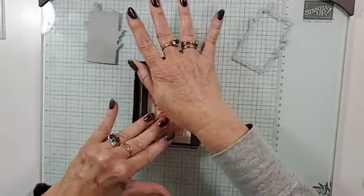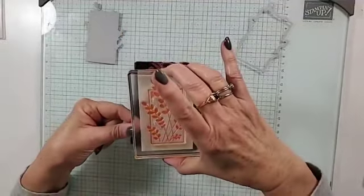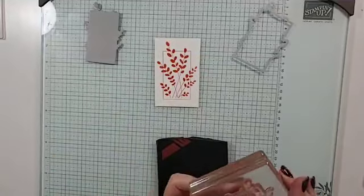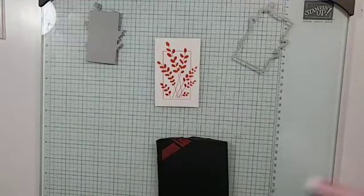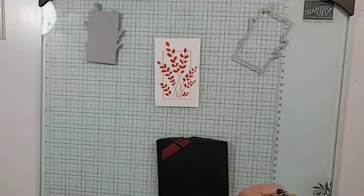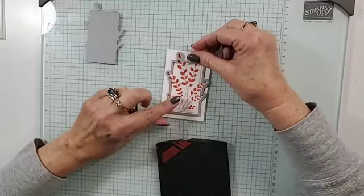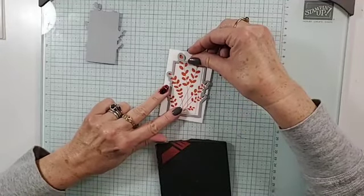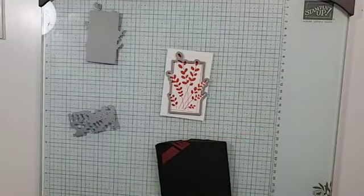So I'm stamping this. Okay. Ooh, that turned out nice. I'll put that away. Now, I sure hope I got everything. Yeah. Now, we're going to cut this out too. Okay, so that's good, you think? Oh, yeah. We'll cut it out, then you don't have to fussy cut it, right? But I want...